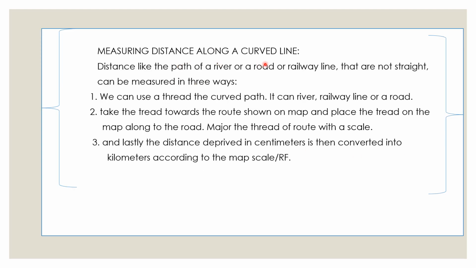Measuring distance along a curved line. Distance like the path of a river or road or railway line that are not straight can be measured in three steps. We can use a thread for the curved path. The curved path can be a river, railway line or a road. Take the thread towards the route shown on the map and place the thread